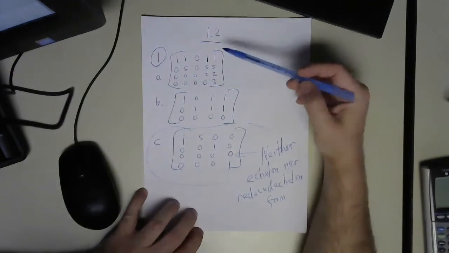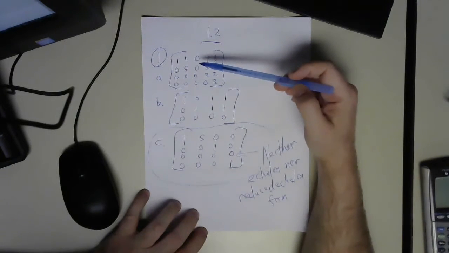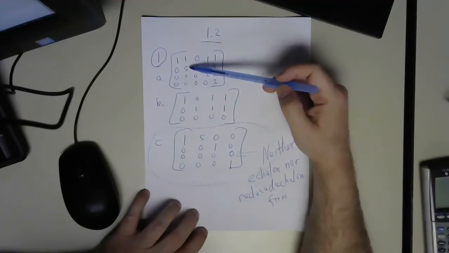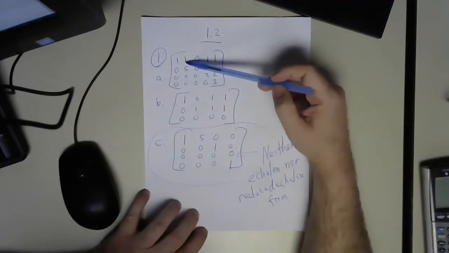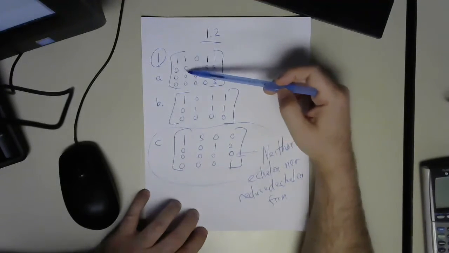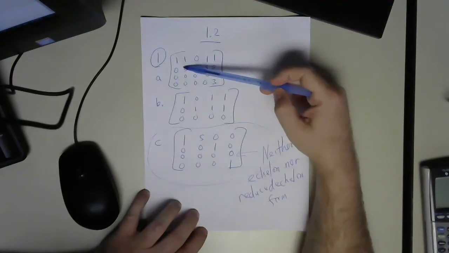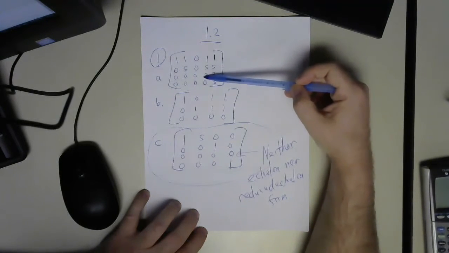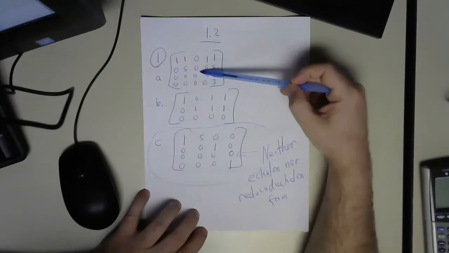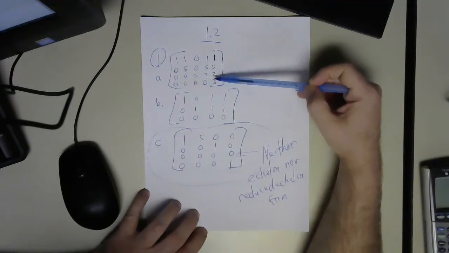Okay, now take a look at this one. In order for it to be in either reduced echelon form or echelon form, the first non-zero entry in every row has to be to the right of the first non-zero entry in the row above it. So notice this is the first non-zero entry in row number 2. That is to the right of the first non-zero entry in row number 1. So far, so good. This is the first non-zero entry in row 3, and that is to the right of this one. This is the first non-zero entry in row 4, and that is to the right of the 2,